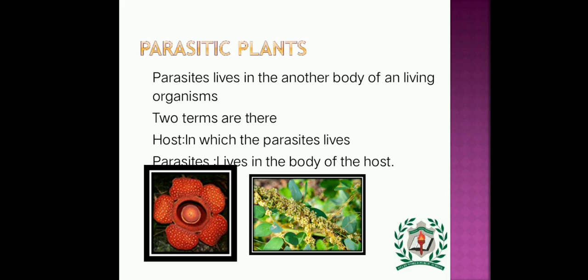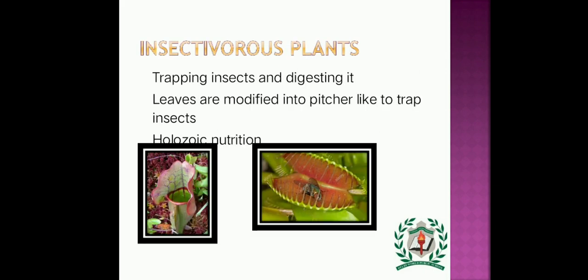Rafflesia is also a parasitic plant found in the forests of Malaysia. It has the biggest and the heaviest flower. There are certain plants that are partial parasites. Partial parasite means they can prepare their own food but live on a host. For example, Mistletoe. These plants can prepare their own food but depend on other plants, the host, for water and minerals. This is about the parasitic plants, children. In that we discussed Cuscuta and Rafflesia. Moving on to the next one, insectivorous plants, also called carnivorous plants.